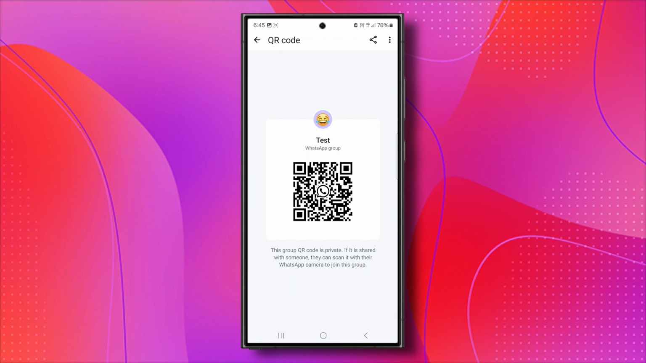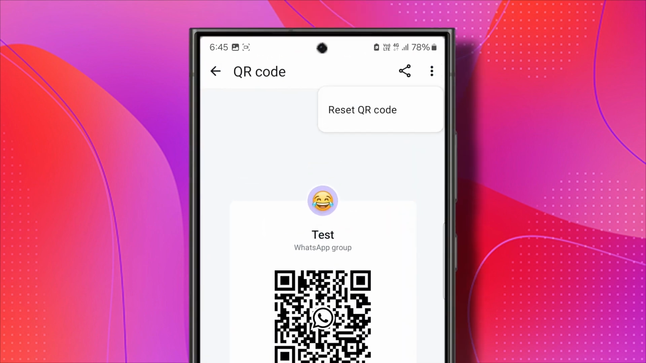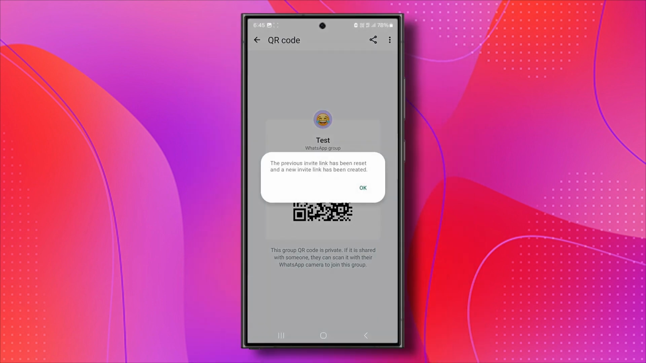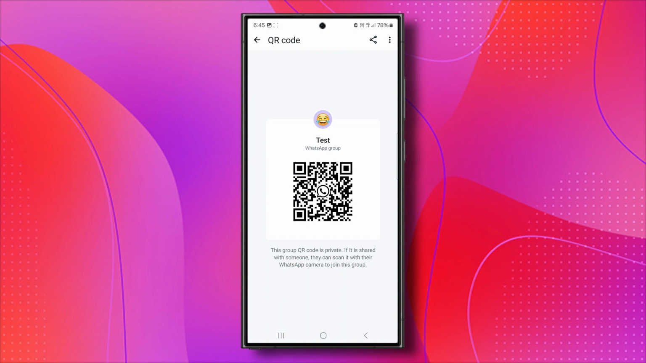If you share this QR code with people, and you don't want them to access your group with the QR code, again, you can just click on the three dots and select Reset QR Code, and a new QR code will be generated for you. That's how you can create a QR code for a